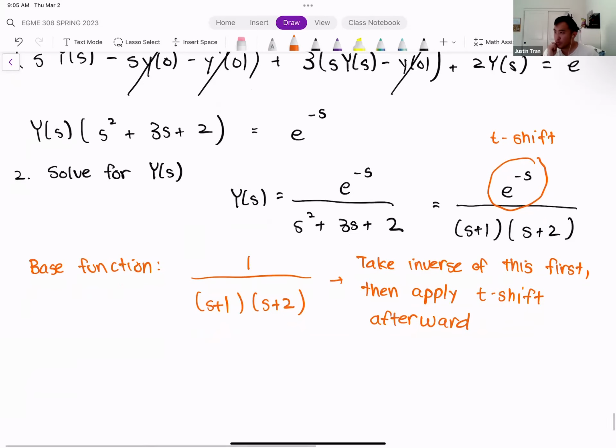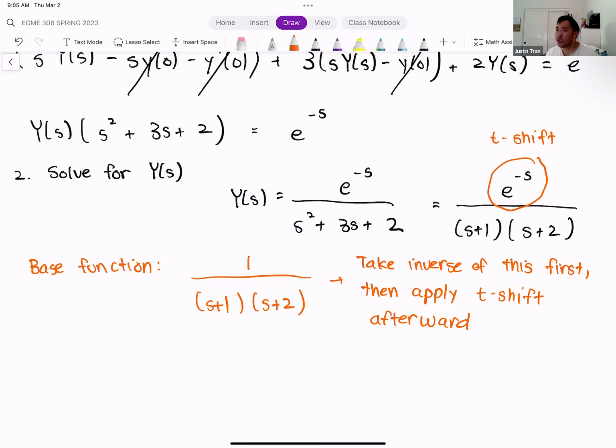This part here is really important, because when you're looking at these Laplace expressions, this one's not so bad. We have just one exponential, but when you do the homework, and if you look at the example we did at the end of class on Tuesday, there can be a lot of exponential expressions, depending on how many step and impulse functions you have. It can look intimidating, like an overwhelming amount of math to do.